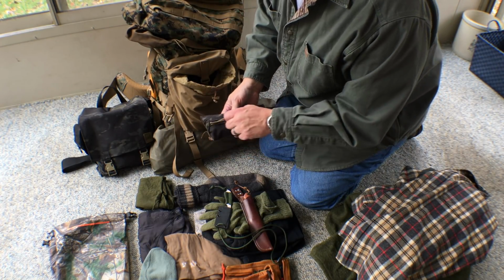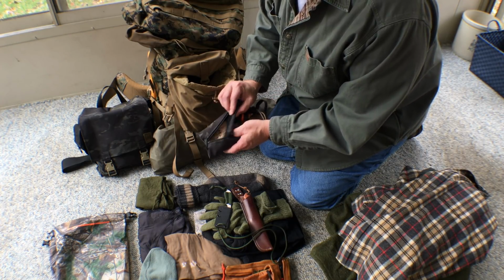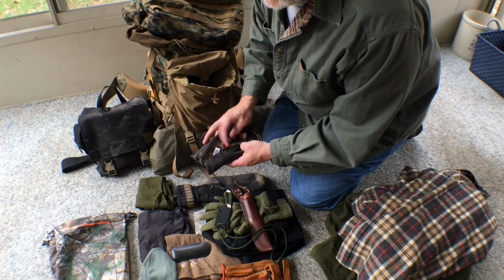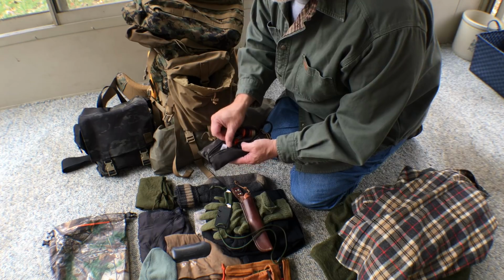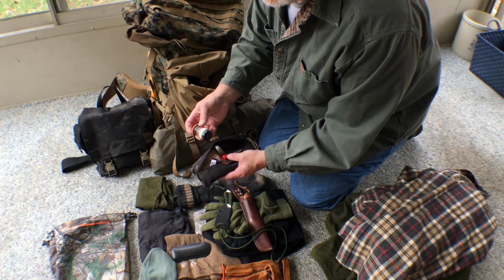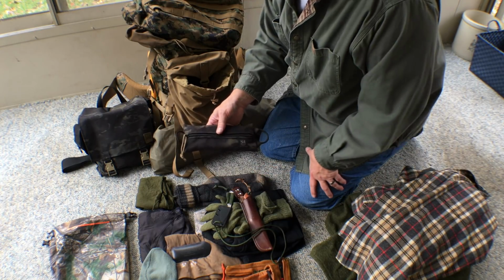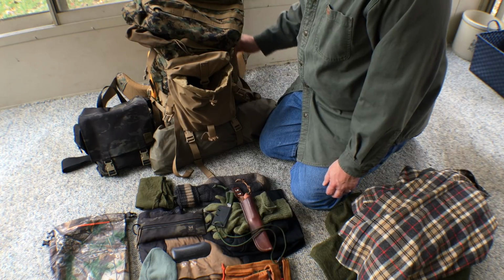A small possibles pouch. And these are just items I'm going to be using around camp. So I've got my Fallkniven DC4 stone for sharpening my knives. I've got a fire bellows for starting the fire. Some fat wood, lighters, ferro rod, some petroleum jelly cotton balls in a container. So just a variety of small items for getting a fire going and doing some basic maintenance or repair on camp gear. And then moving into bigger tools,